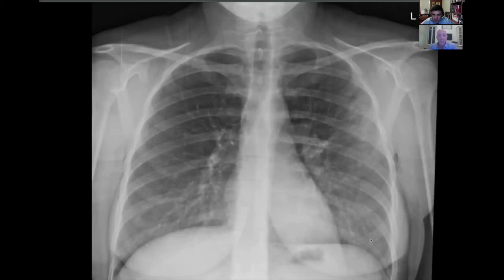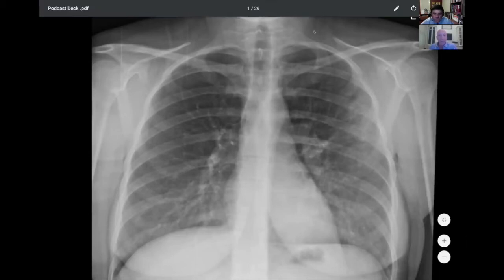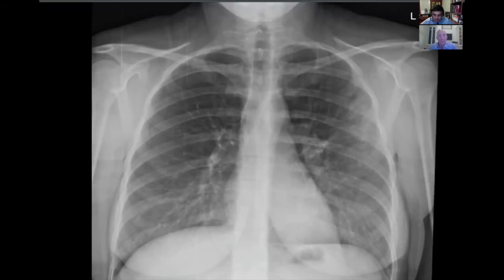The next thing I like to do is always take a quick look at the upper abdomen and at the top of the chest where you're going to have your thoracic inlet. You should have a midline trachea, and you should be able to see the lung apices clearly on the film. And then that's really my search pattern, and that'll get you 98% of the pathology you can find on that